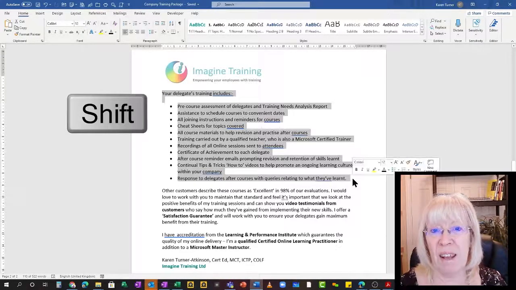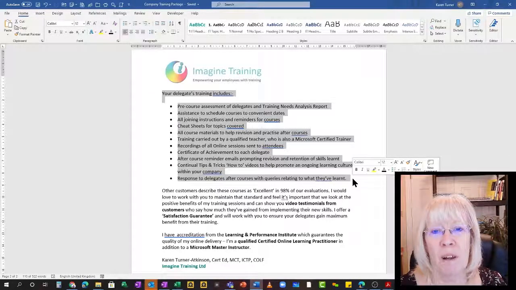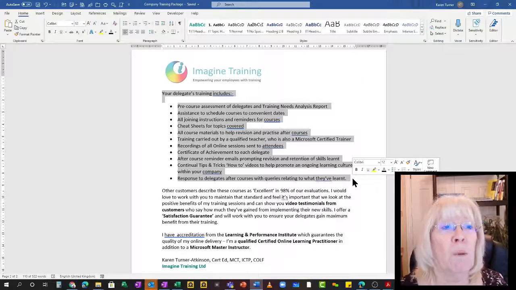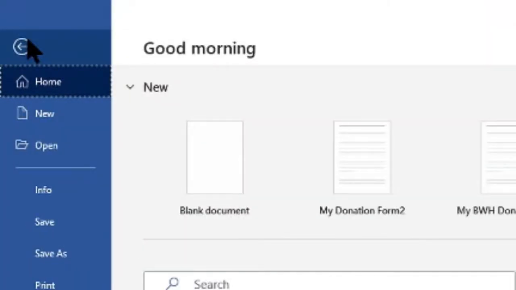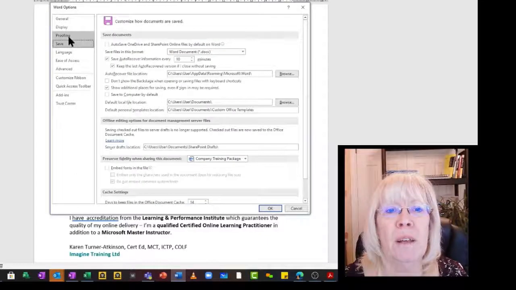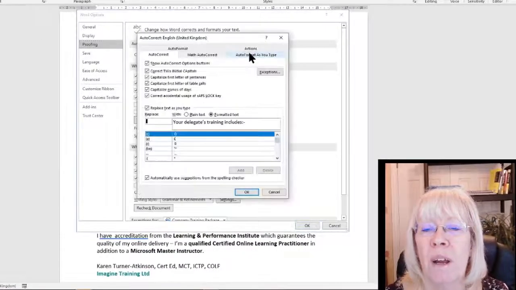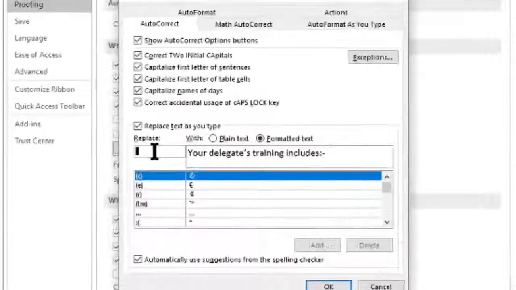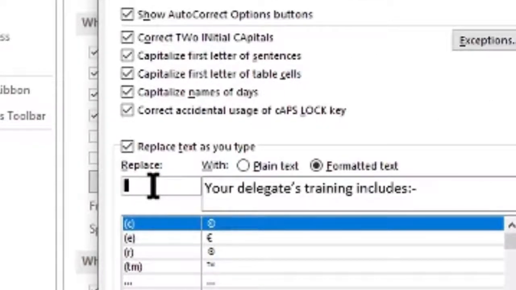Say that I want to take that section there. Okay, that's what I would like to pull back just with a few letters, perhaps. I'm using Word at the moment. I go to File, Options, and then Proofing, AutoCorrect Options, and I put in a little code, something that isn't a proper word that I can remember, so